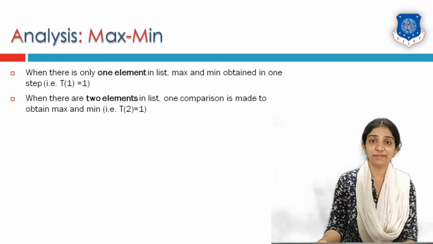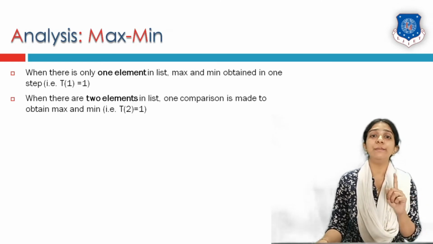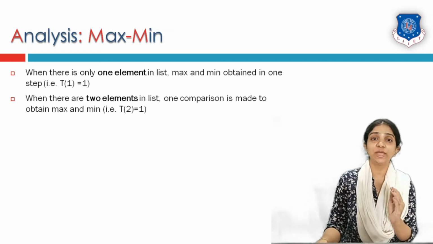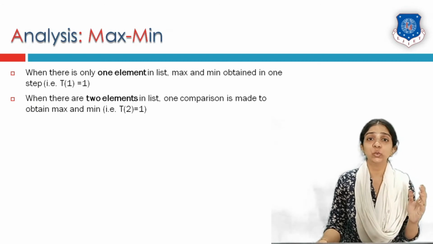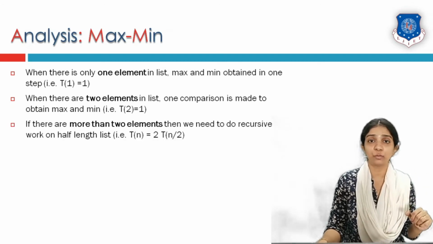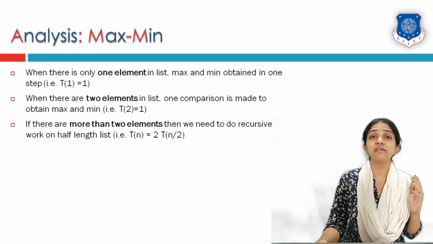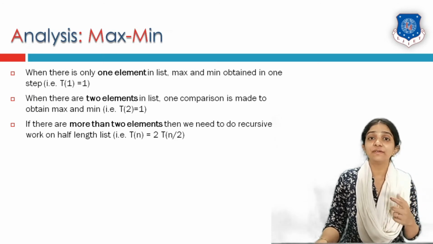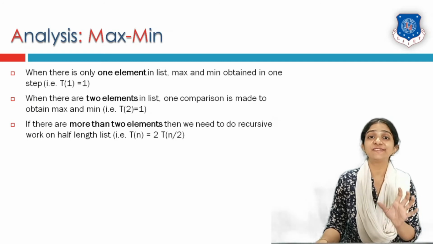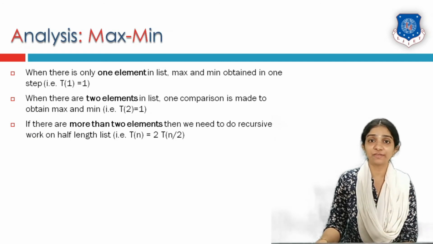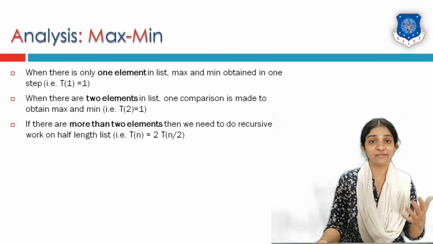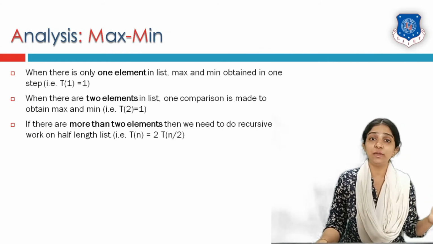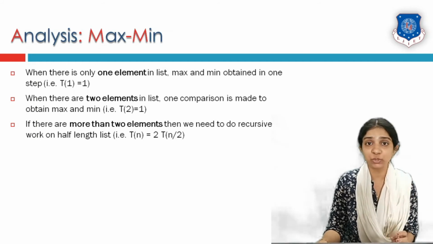If there are two elements in a list, we make only one comparison to get our max and min values. That means T(2) = 1 also. But if there are more than two elements in a list, that is T(n), we first have to divide this list into two equal parts, each of size approximately n/2. So T(n) = 2T(n/2)